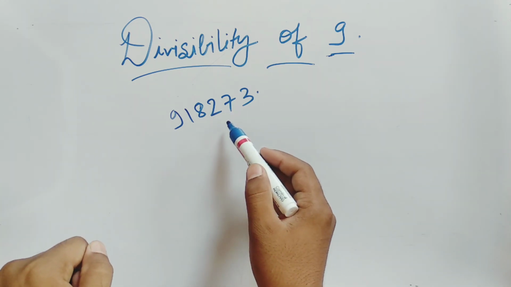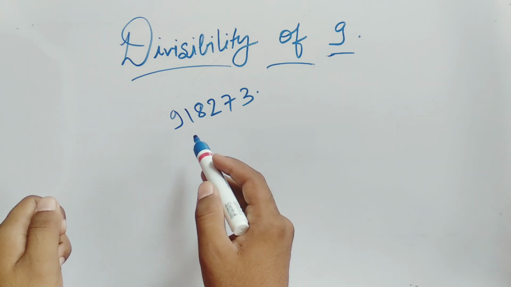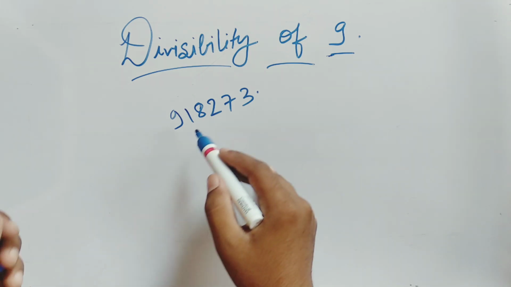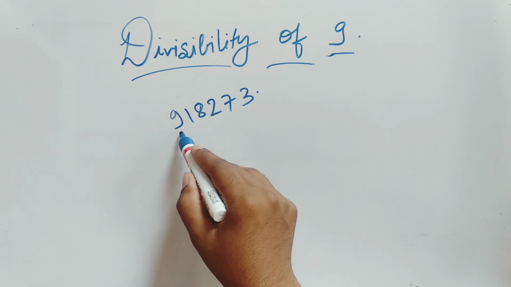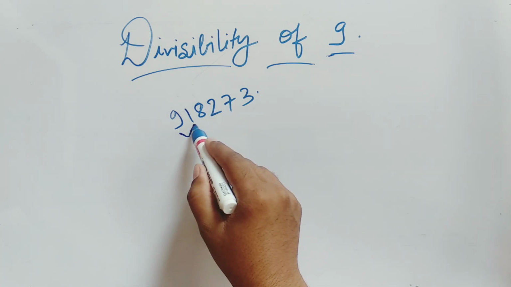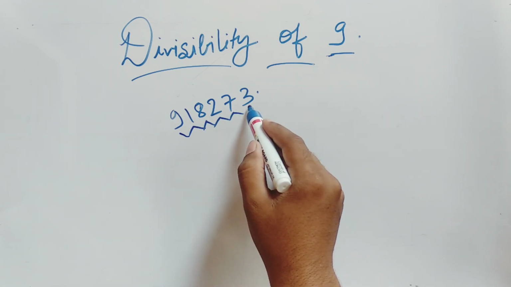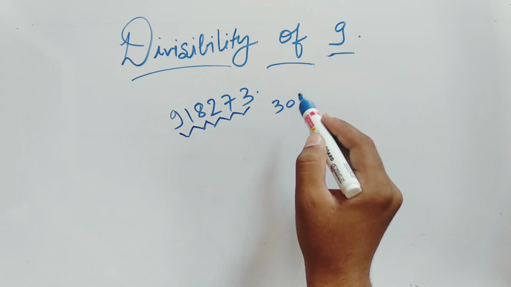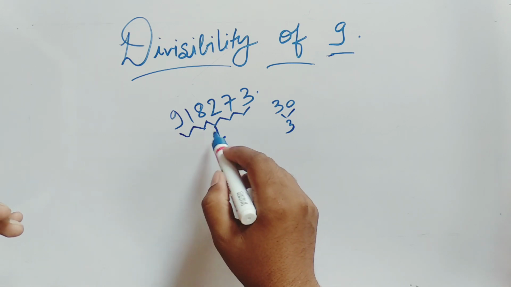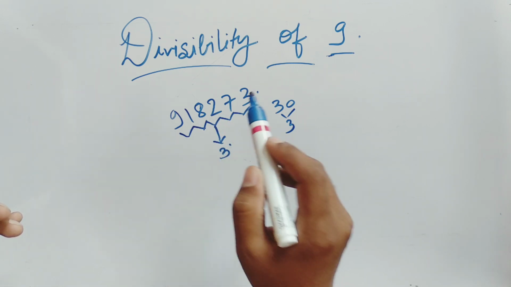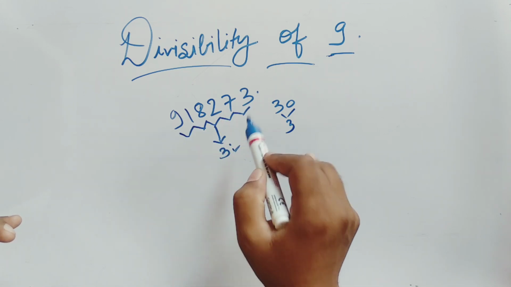So it is a very time consuming and complex method, but we can calculate it by using the simple technique which I have previously mentioned. So two things we can do: either divide by 9, the old method, or add all the digits, that is 9 plus 1 is 10, plus 8 is 18, plus 2 is 20, plus 7 is 27, plus 3 gives us 30. So again 3 plus 0 gives us 3. So the single digit conversion of this number is 3. It implies that when this number is divided by 9, we get 3 as a remainder.